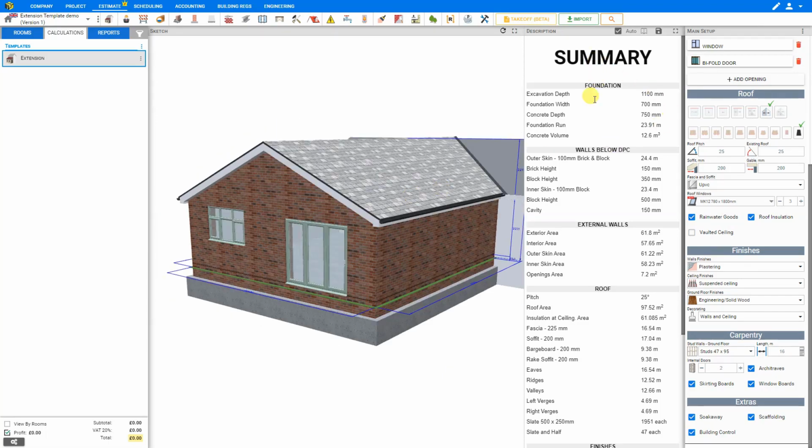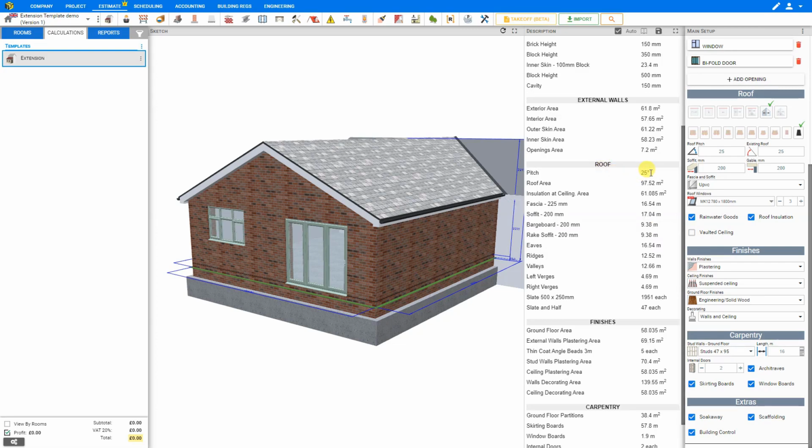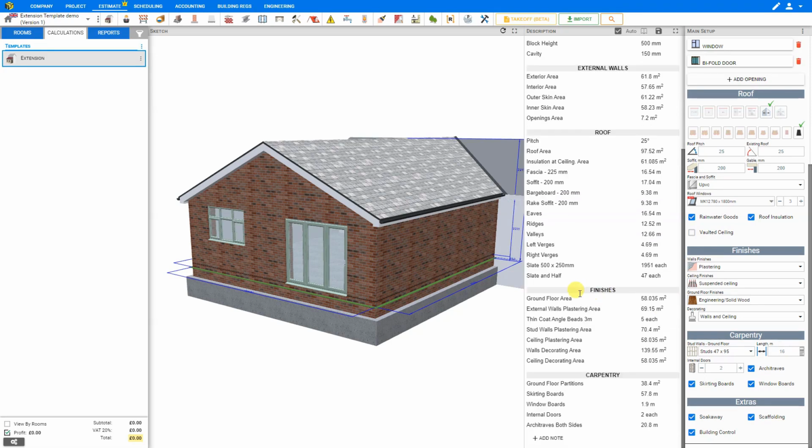As well as this detailed summary, which has all of our calculations for foundation, including excavation depth and concrete volume of 12.6 cubic meters, walls below DPC, letting you know that you have an outer skin of 24.4 meters, external walls with an exterior area of 61.8 square meters, your roof pitched at 25 degrees, with all of your measurements for fascia, soffit, barge board, eaves, ridges, valleys, and slates, right down to the slate count of 1951 slates required,